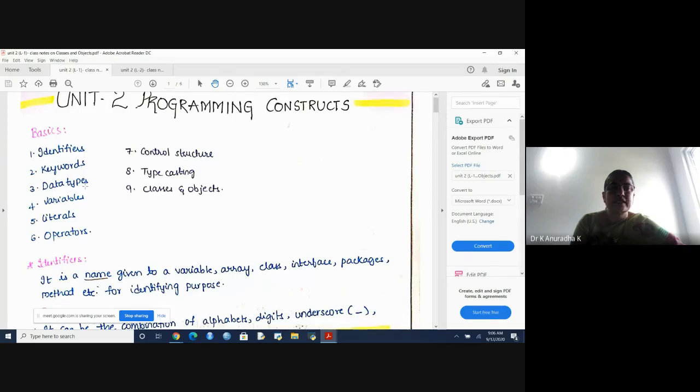Identifiers, keywords, and data types. We will complete these three topics. Identifiers, keywords, and data types. These are very, very important in Java. So in the second unit, we have the topics identifiers, keywords, data types, variables, literals or constants, operators, control structures, typecasting,